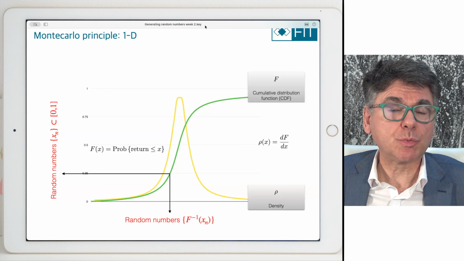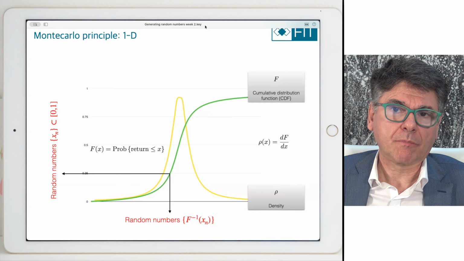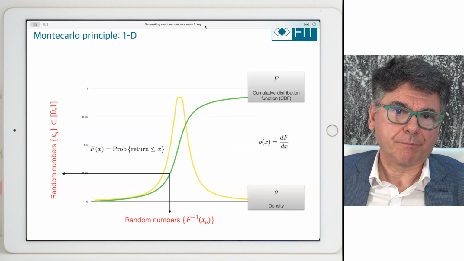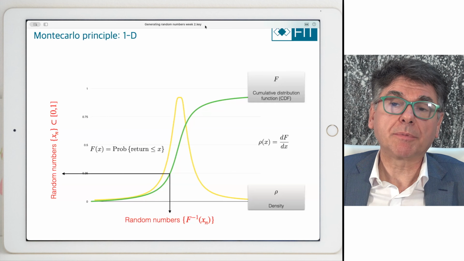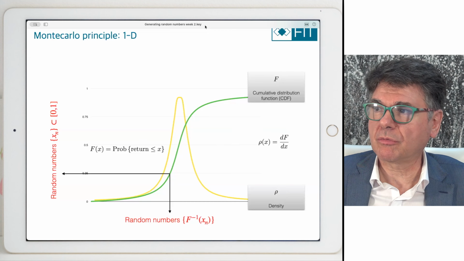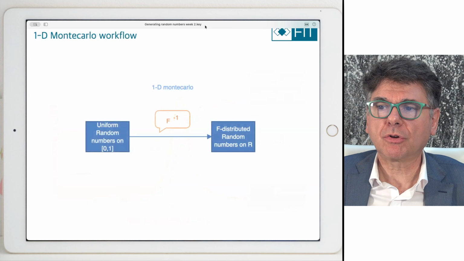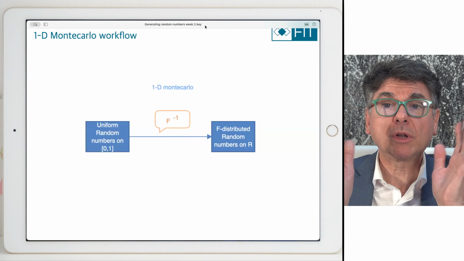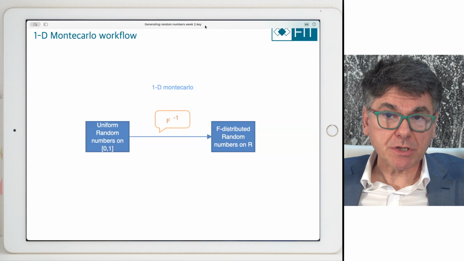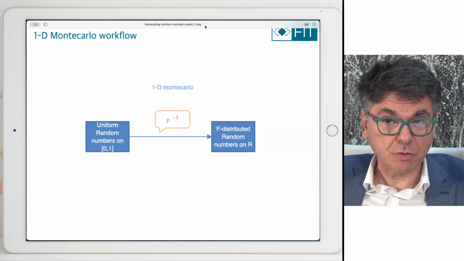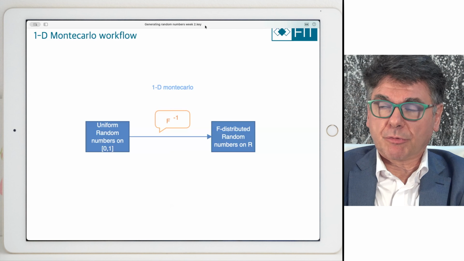These two are related, because with this I can do sampling of any distribution in dimension 1. And the key to that is to do the sampling not with random numbers, but with pseudo-random numbers, which work better. So let me show you how that's done. I'm going to show you the one-dimensional Monte Carlo algorithm. I want to do it in 1 dimension, then I'll do it in high dimensions in the case of Gaussians, and then I'll tell you how it's done in the case of non-Gaussians, which is where the real party begins.